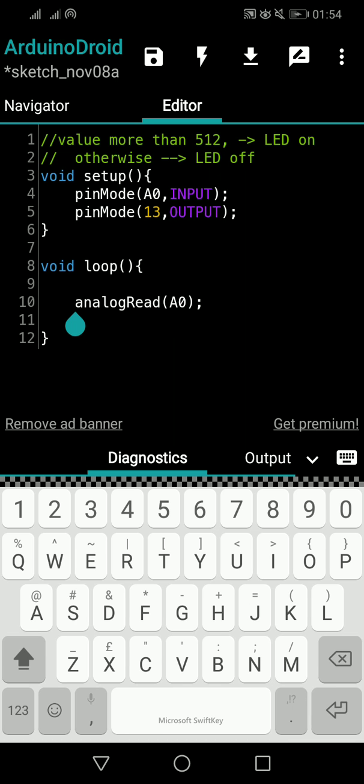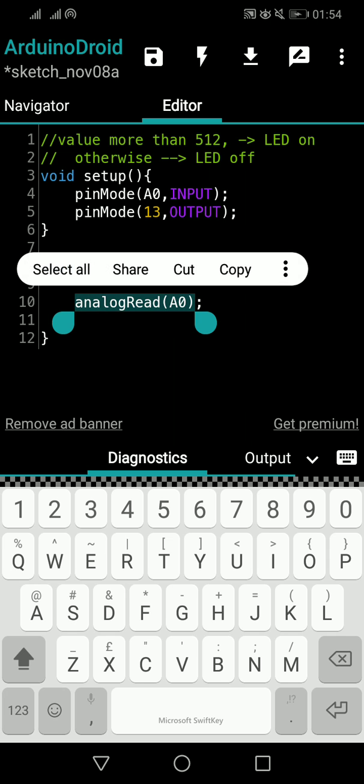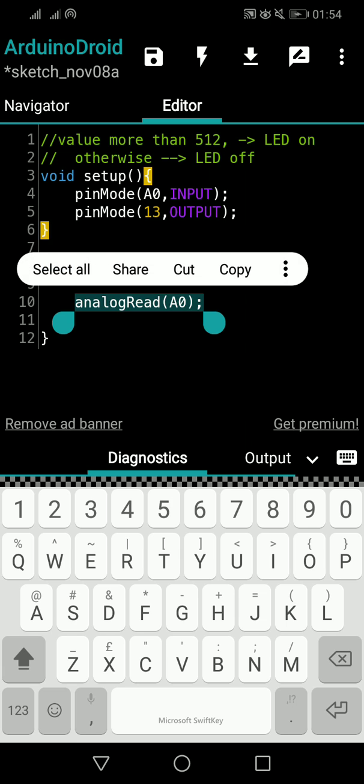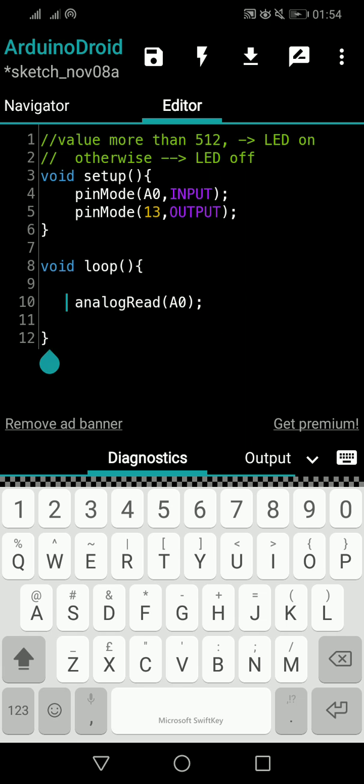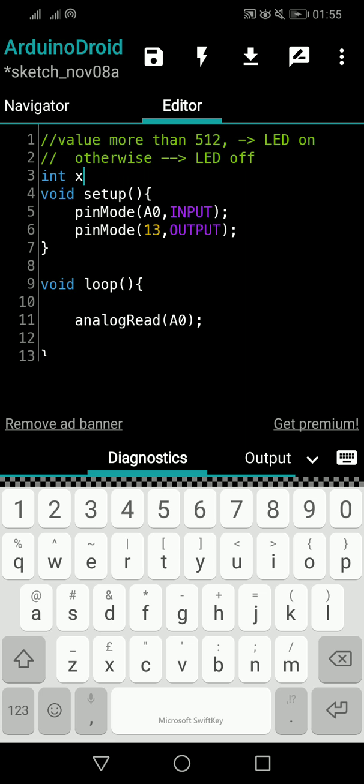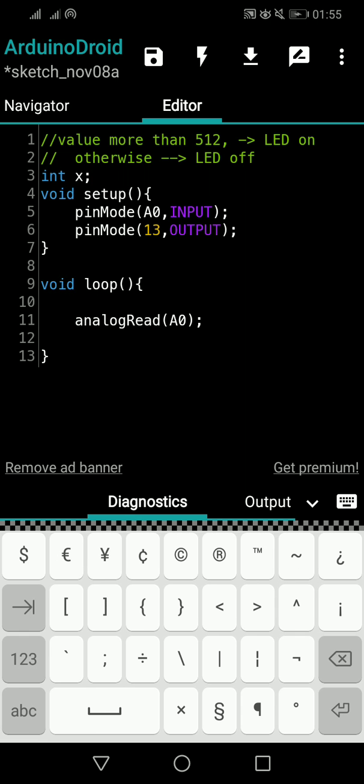Then I have to assign it to a variable, right? Since I am using the analog read value only within the void loop, because inside the void setup we use A0 but we don't use the analog read value, that variable we are going to use only within the void loop. So if I define it inside the void loop, that is enough. But still, as a common practice, I will declare it as a global variable. So I will say int as usual x. Then I will assign x to analogRead